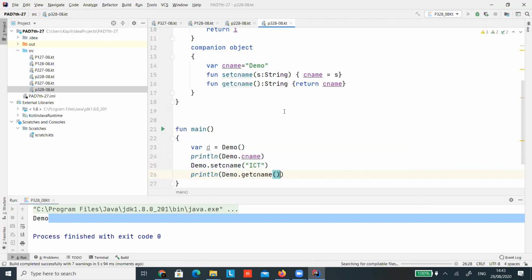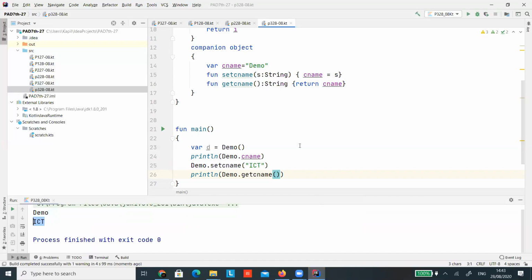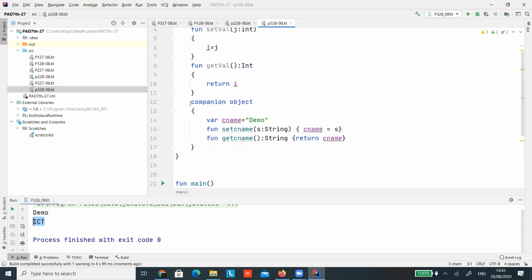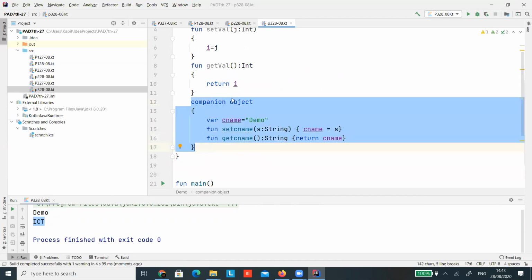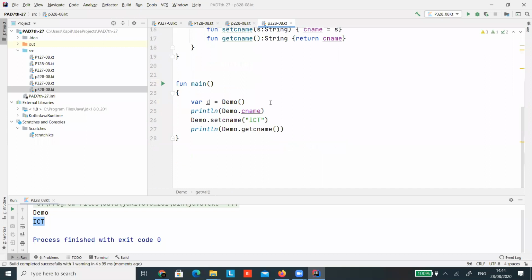Let's see. Yeah, now it is ICT. So this is how, by using this companion object, you can use a static alternate in Kotlin. Otherwise, a normal value is possible.